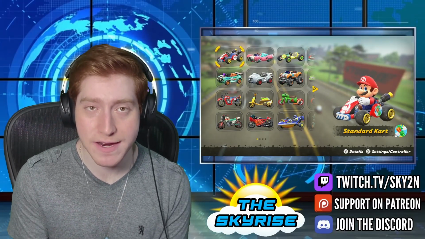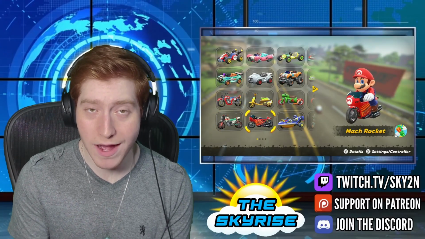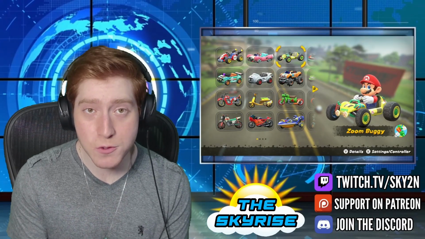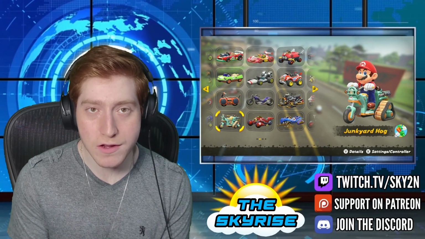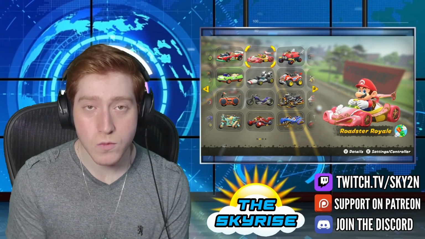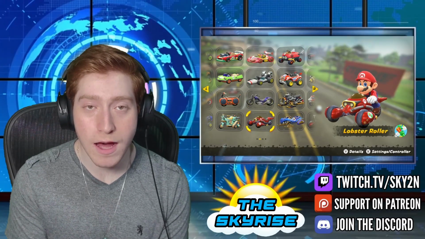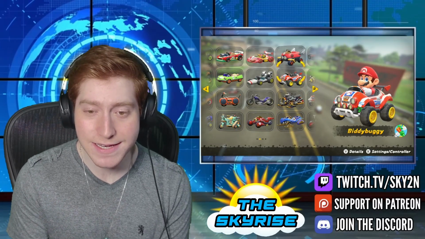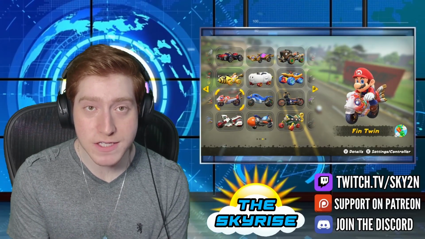Now for vehicles, we got the Standard Cart, Rally Cart, Standard Bike, Rally Bike, Mock Rocket, Cute Scoot, Baby Blooper, Plush Buggy, Zoom Buggy, Chargin' Truck, Hyper Pipe, Funky Dory, Junkyard Hog, Toon Thumper, Ribbit Revster, Hot Rod, Roadster Royale, Bee Dasher, W Twin Chopper, Lobster Roller, Stellar Sled, Dread Sled, Tiny Titan, Biddy Buggy, Real Racer, Bumblebee, Fin Twin,